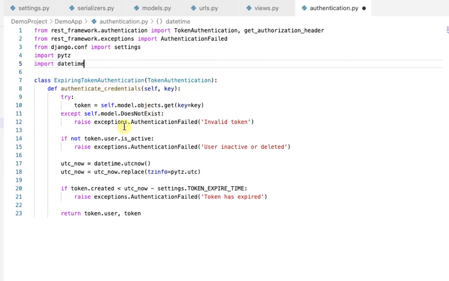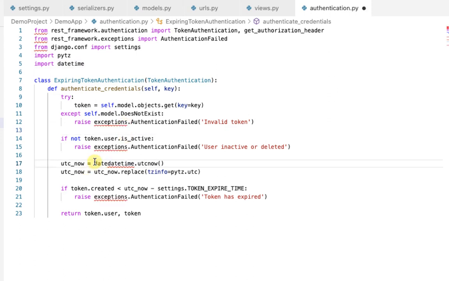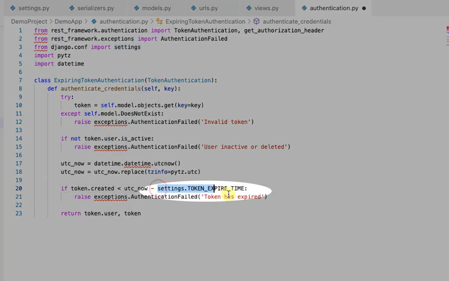I'll import datetime. It is good practice to define the token expire time in settings.py, so you'll have all variables which are configured together in settings.py. However, I want to make this tutorial simple and write minimal code.